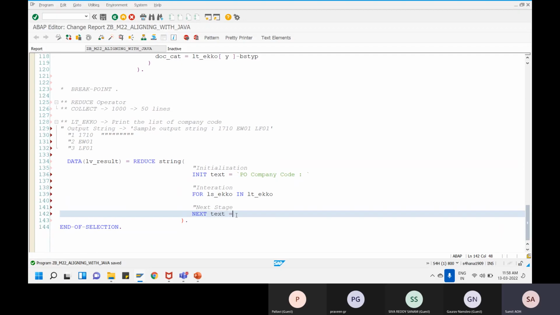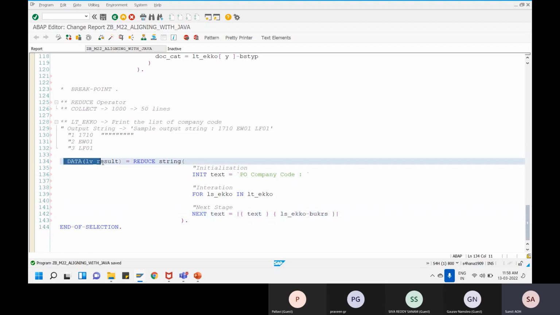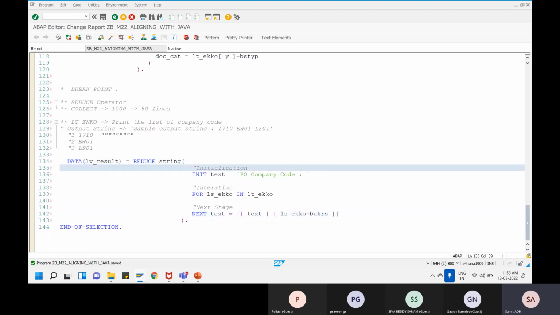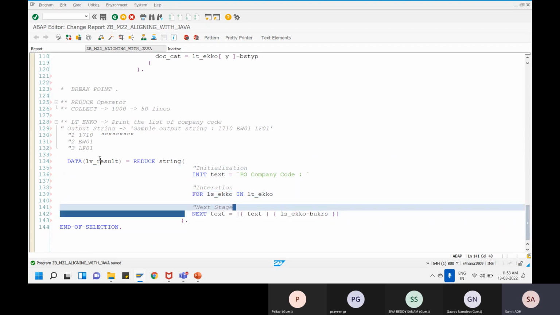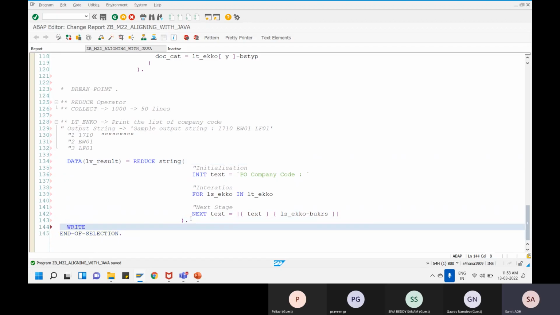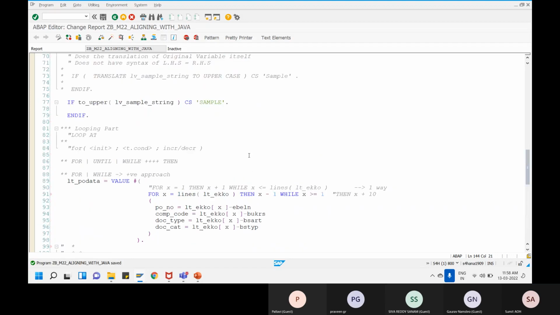My text would be promoted to the text which was there earlier, plus, additionally, I want my LSEKKO to also give me the company code that it has. After each iteration, I am appending that company code, and it results in an LV string. So ultimately, after each iteration I keep on appending my set of data, and I would get an LV string. So if I just say write LV result out over here,